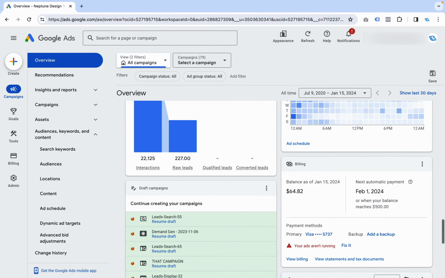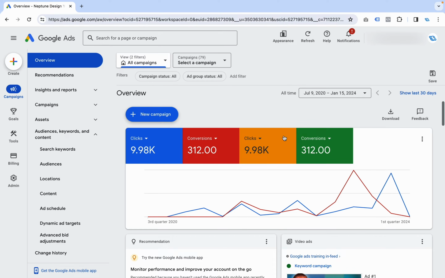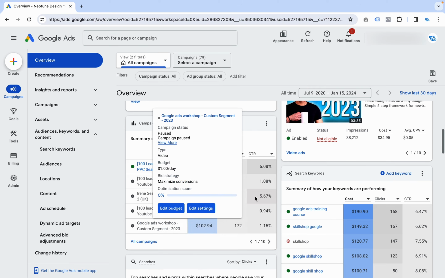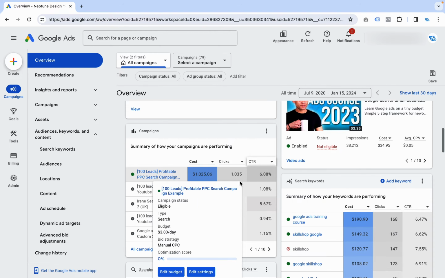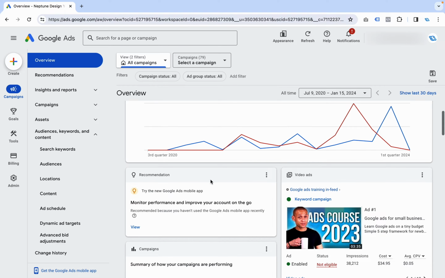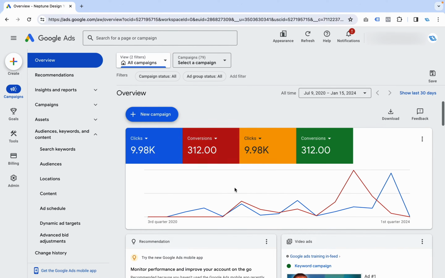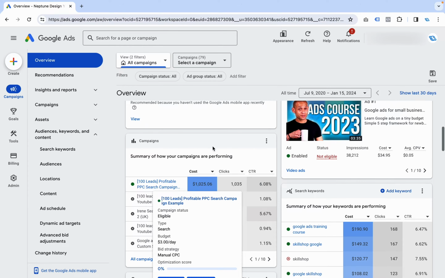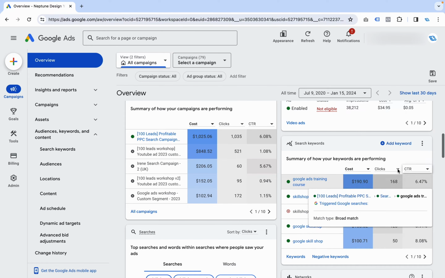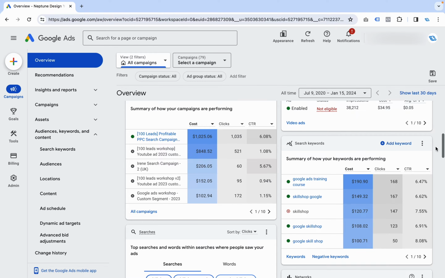So you're probably wondering, do I have to look at this every day? No, you definitely don't have to look at it every day. Think about each and every single tab here as a little preview of what you'll get when you look at the report. So for example, if we look over here at campaigns, we see campaigns, but if we look over here, we'll see keywords. Now, this is just an abbreviated report.